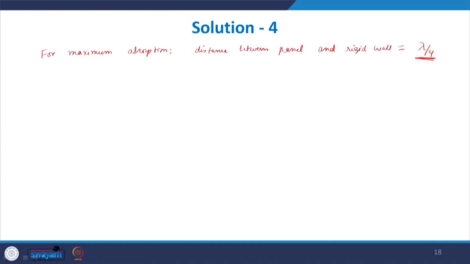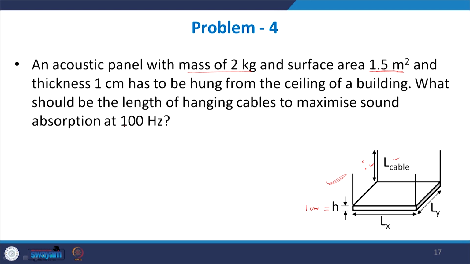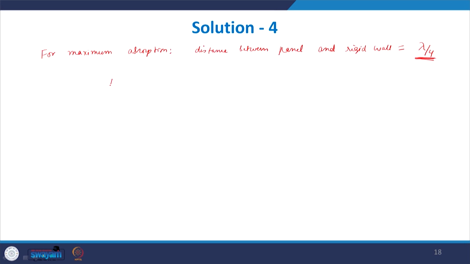So lambda by 4 was studied in the lecture on acoustic panels or the panel resonators. Here the target frequency that has to be absorbed is 100 Hertz. So to maximize the sound absorption, the length of the cable should be equal to lambda by 4, so that the distance between the panel and the ceiling becomes lambda by 4. So length should simply be lambda by 4, which is going to be C by F times 4,